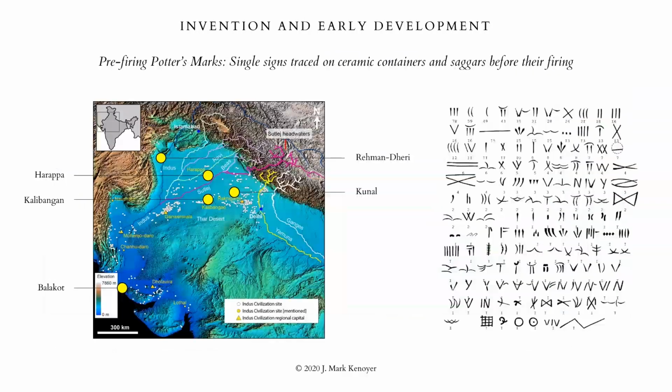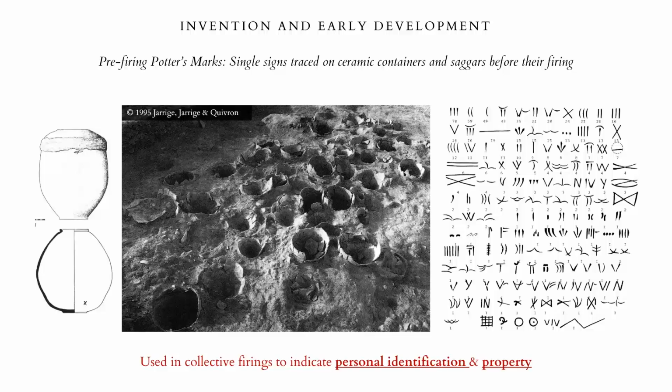One of these shared cultural traits were the so-called potter's marks, single signs traced on pottery containers before their firing. Unfortunately, information on this phenomenon is scarce and discontinuous. However, where data is available, as in the case of Murgar in central Baluchistan, they appear to have been linked to the local mass production of ceramic containers. At Murgar, the potter's marks were always single signs traced on pots that were not used as storage containers, but were mainly canisters or saggers used to protect and control the firing of small vessels.